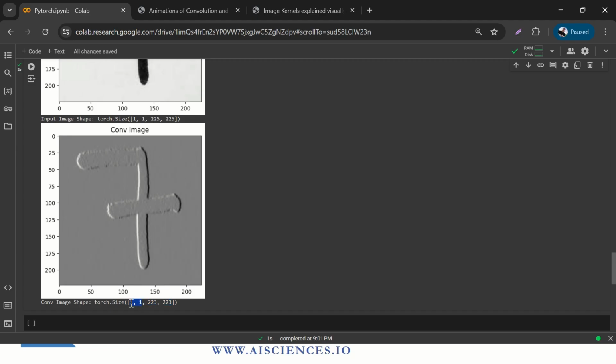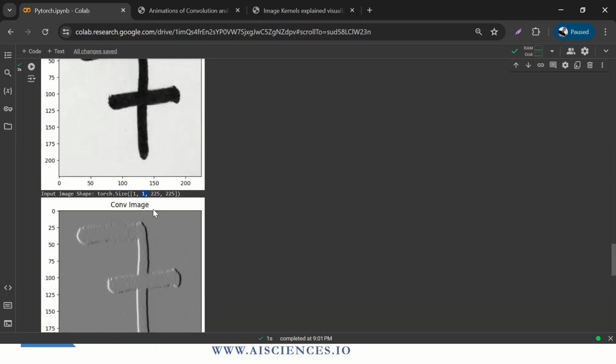Now, what are these 1 and 1? These things are representing the batch size and output channels. So what is the batch size? I hope you remember the batch size from our previous module, from the neural network module. So here the batch size was only 1. Now this one is the output channel, right? This one is the input channel. Since this is a grayscale image, the input channel is 1. Sometimes images are colored images, right? So at that time, the input channel is going to be 3. Why? Because we have RGB, red, green, blue,